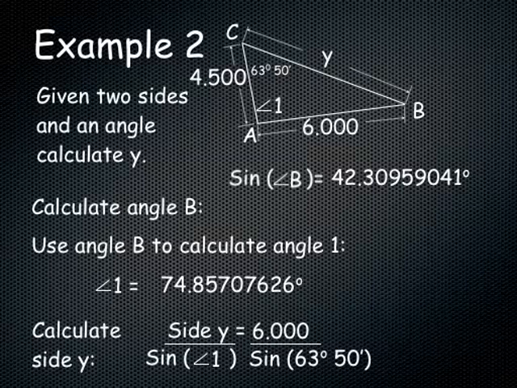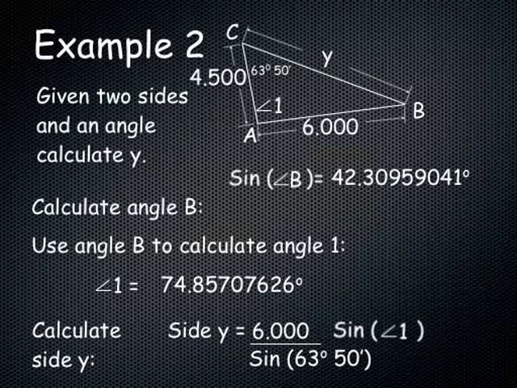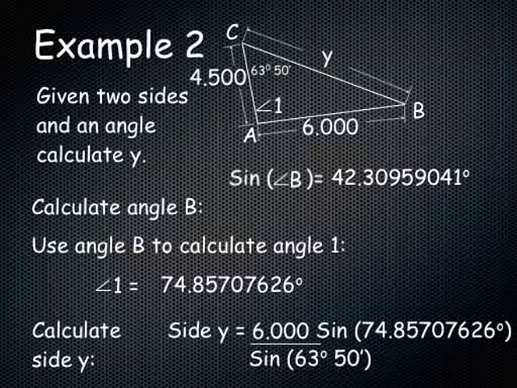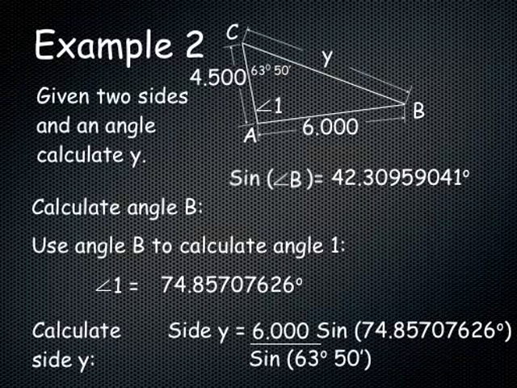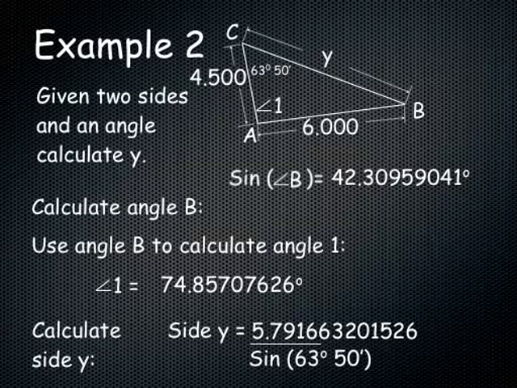So side y over the sine of angle 1 equals 6 over the sine of 63 degrees 50 minutes. We cross multiply and divide, and that gives us this, substituting in the values. So it's a sine of 74.85707626 degrees, which is 0.96527720025, which is